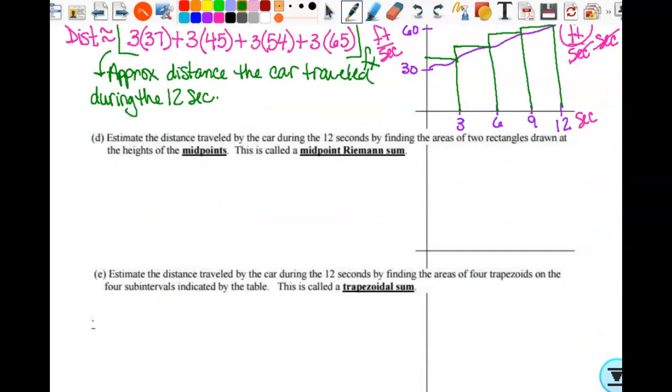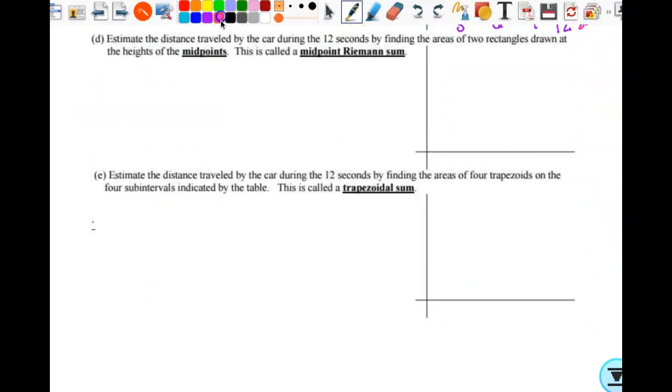All right, so let's look at this. So same thing, we still have 12 seconds. But this time it says 2 rectangles. So we're going from 12, this is at 30. We'll just put a 60 up here just so I can get the bearings there, something like that, right? So I only have to have, this says areas of 2 rectangles. So if it's the area of 2 rectangles, I can put my 6 right here, and then I can draw my 2 rectangles like so, okay? But these are not left hand, these are not right hand, these are midpoint Riemann sums